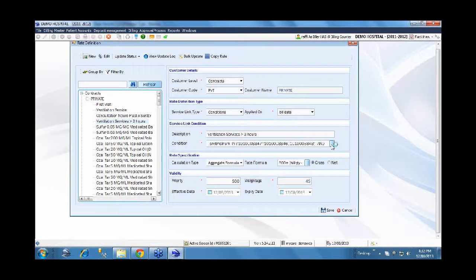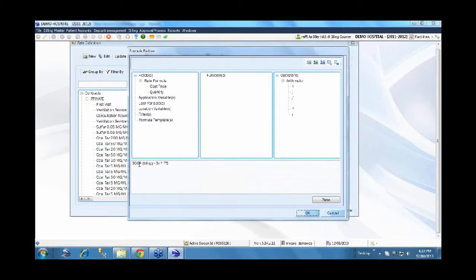I'll just scroll down to this rate formula after showing the condition. So in this case, I'm saying greater than, and then the rate formula. I'm saying 300 plus bill quantity minus 3 star 75, meaning 4 hours means 300 plus 4 minus 3, which is 1 star 75, so 375 will be charged. So like this, a rate can be defined as a formula even. It's not a fixed specific rate. So like this, you can build a formula.